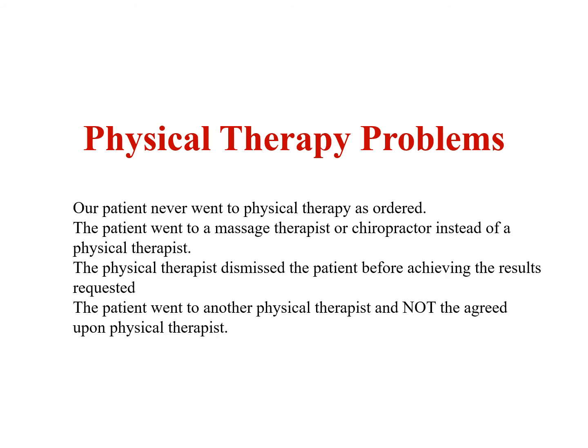Other problems that occur: you'll refer a patient to physical therapy, and they won't go. They just say, well, I don't want to pay the $25 copay. They say, well, Dr. Badowski, I paid you so much money, I don't have any money anymore for anything. But when we first met with them at the CNT and in our consent form, it specifically states that if we need to send you out to physical therapy or medical appointments for related things, you're going to do it. And then what happens is